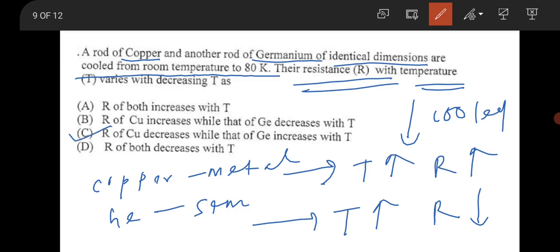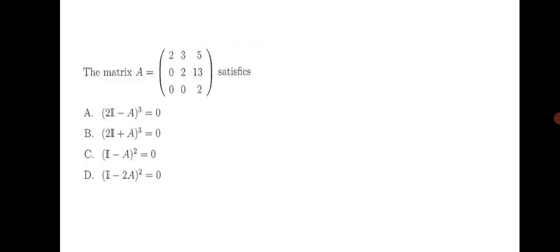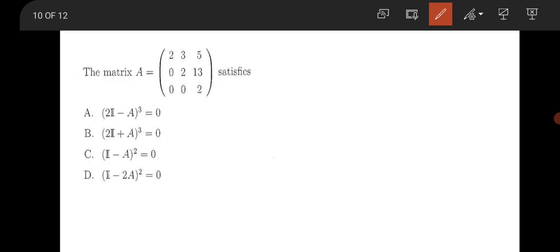So copper resistance will decrease and germanium resistance will increase, because as you cool the system, the number of electrons will stay in the valence band. So you need electrons in the conduction band for the conductivity of the material. Okay, then there is a question from mathematical physics, and this question is all about